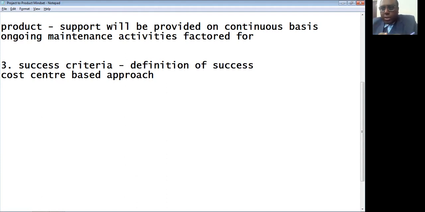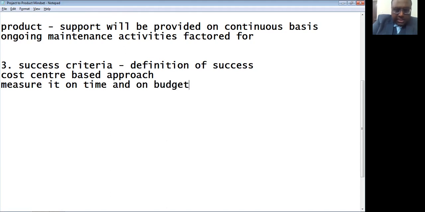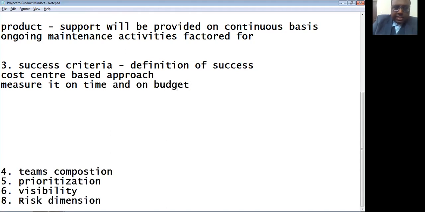Now coming to the project mindset, in terms of the definition of success, we are trying to see a cost center based approach, and also measure it on time. Within the time, had I completed the work? Within the budget, had I completed the work? That's it.